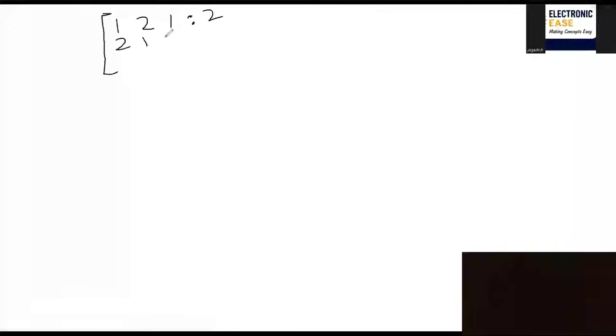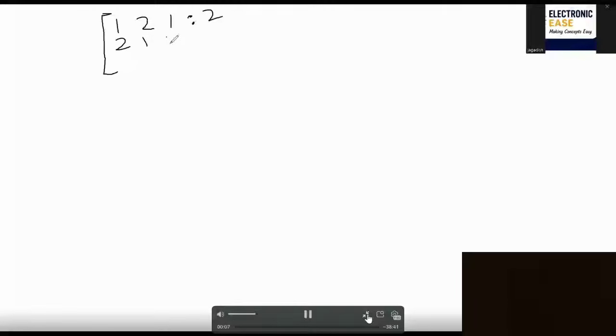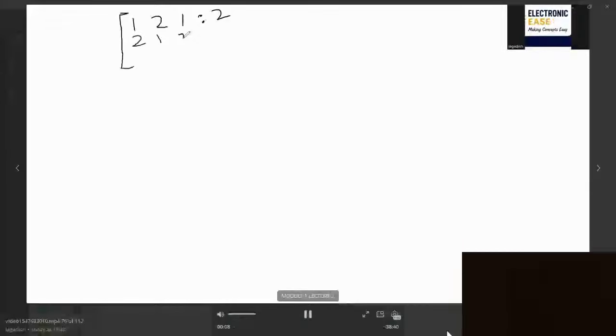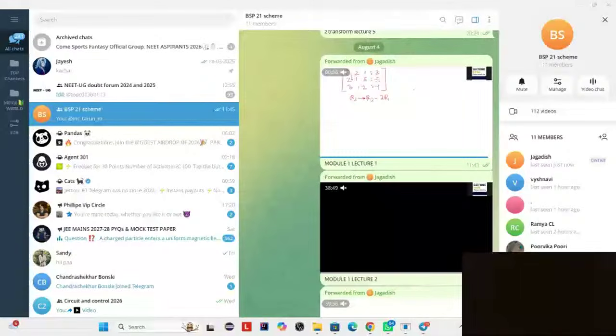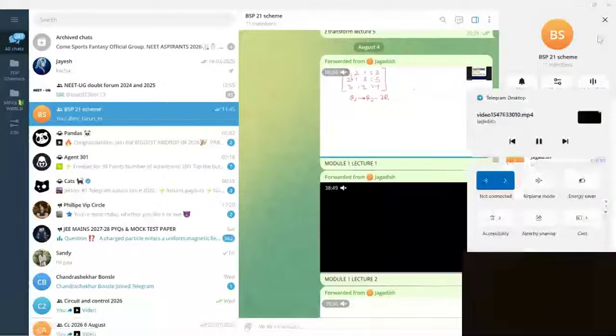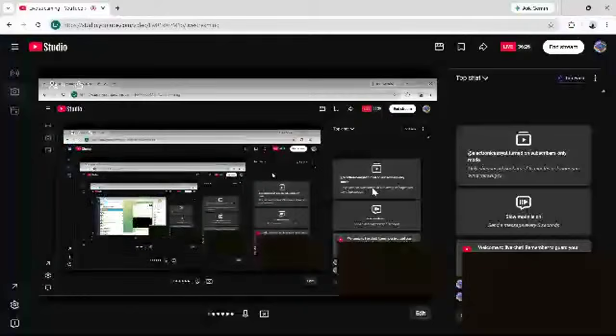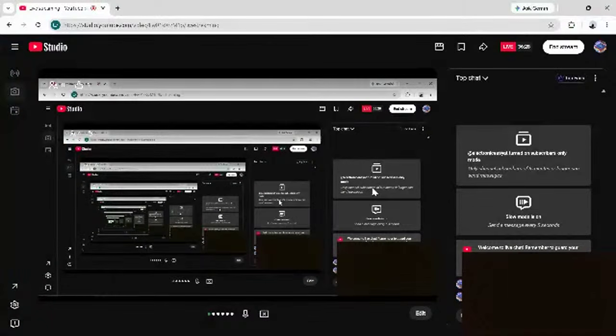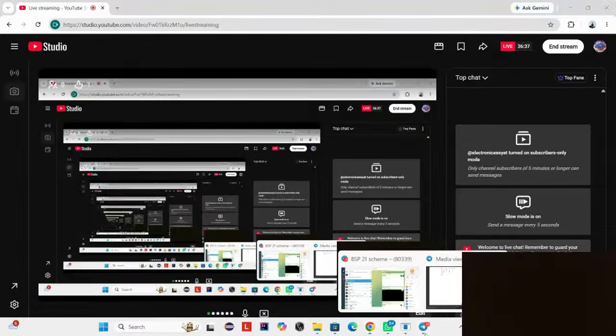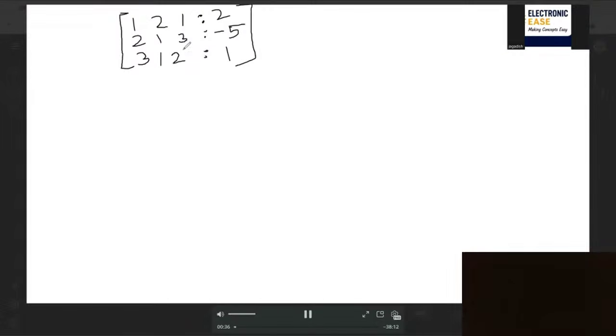2, 1, 1, 2 is to 1. So what I told you yesterday, I need to convert this into echelon form. So to convert this into echelon form, what should we do, students? The first element should be 1. So it's already 1 in this problem. So no need to convert this into